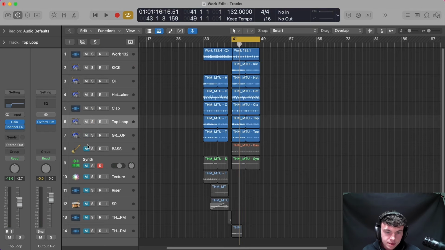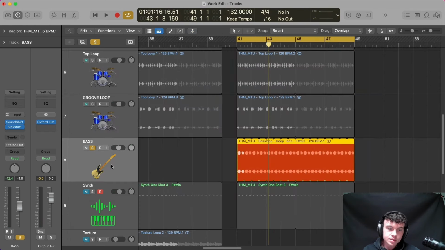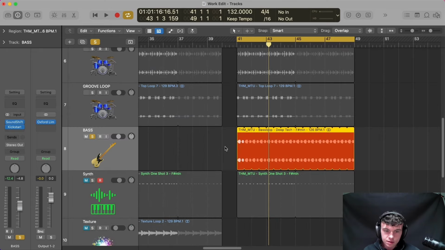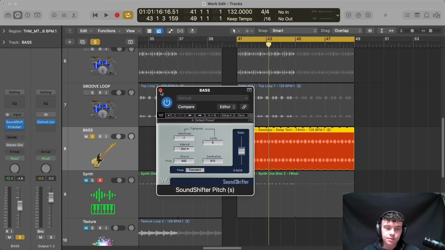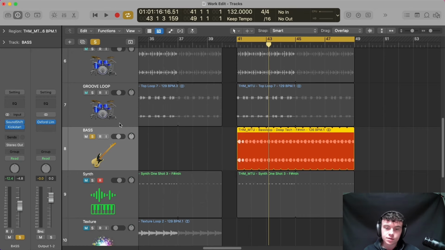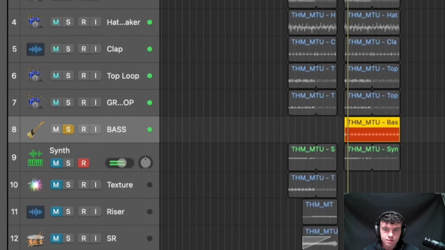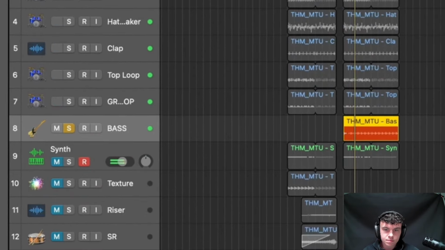So now we go on to the bass line. I've got a loop here that I've chopped up, and because we've pitched down our acapella by 2 semitones, we know we're in F. So all I've done to the bass, because this was in F sharp, is take it down a semitone, so now we're in F, and added a kick start to duck it from the kick. And if we play this with the kick,